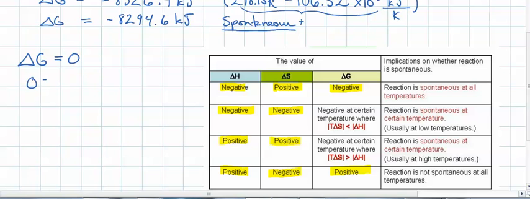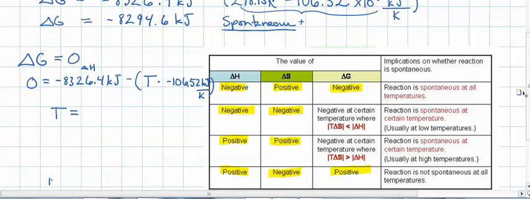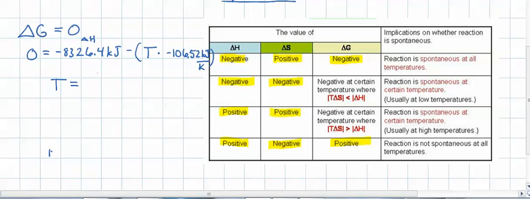0 equals negative 8326.4 kilojoules. That's delta H. Minus, and then there's that T times negative 106.52 kilojoules per K. Okay, so if we solve for T, T equals delta H over delta S. So in this case, T equals negative 8326.4 divided by negative